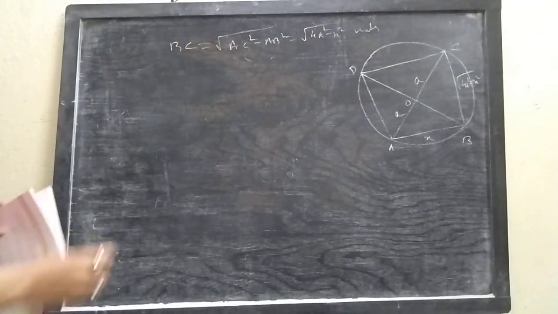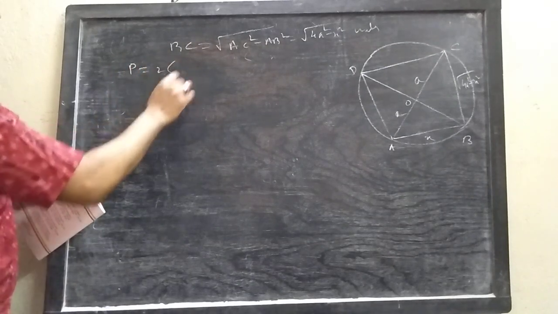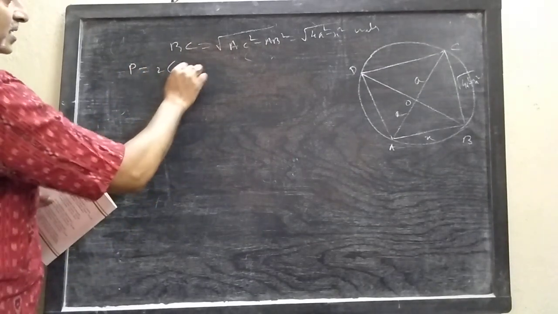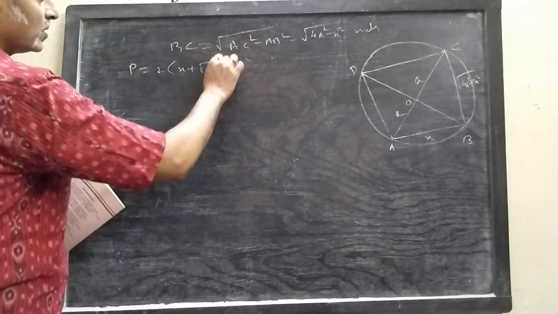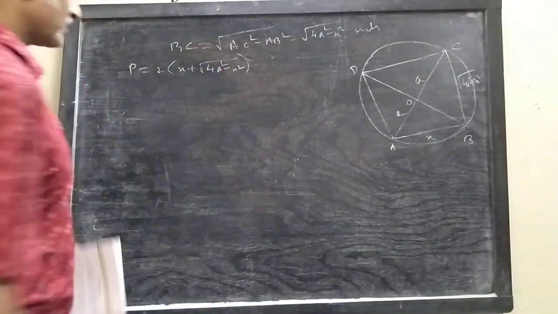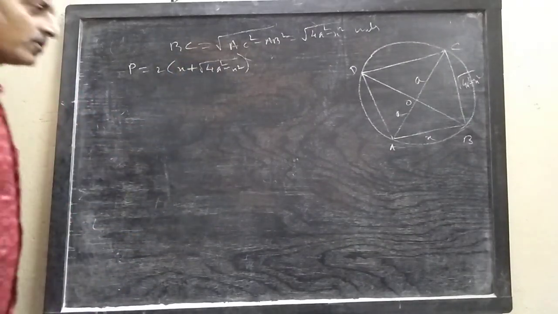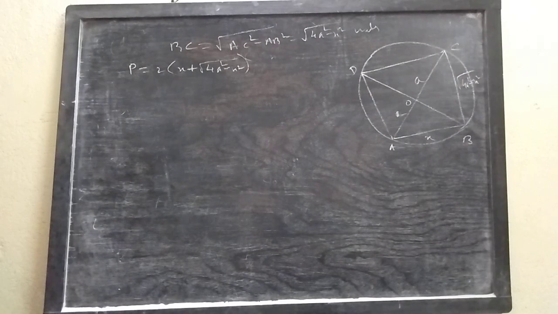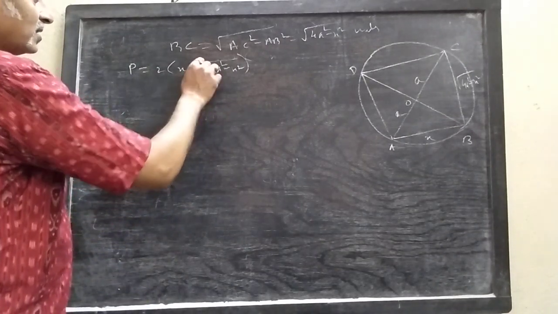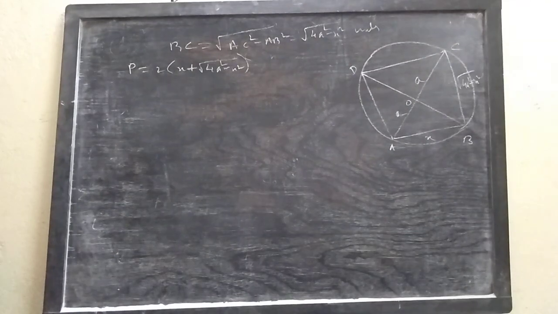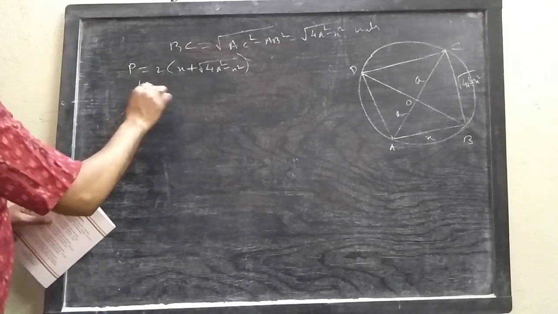So its perimeter will be given by P equals 2 into the sum of the lengths of any two sides, that is x plus root over of 4a square minus x square. In the last problem, I told you that when there is a root sign, try to avoid it. But here you can't remove the radical sign because here it is a plus sign, so squaring you can't remove it. So you have to go with the radical sign. Okay, now find dP/dx.